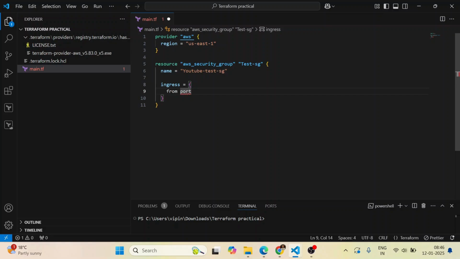Let me define it first so that you can understand it. from_port is equal to 8080, to_port is equal to 8080,